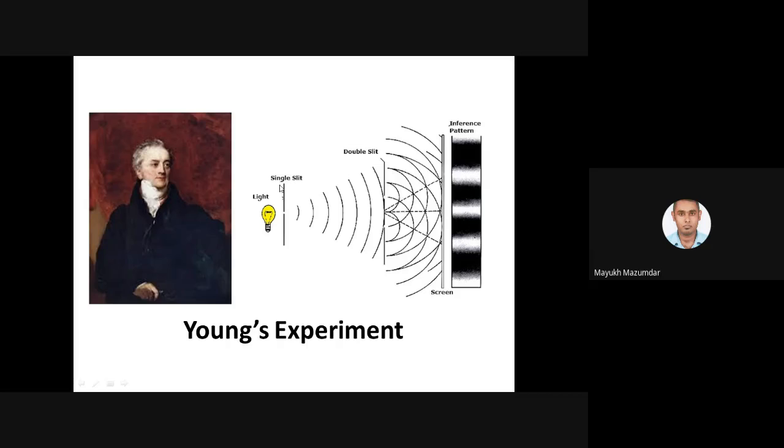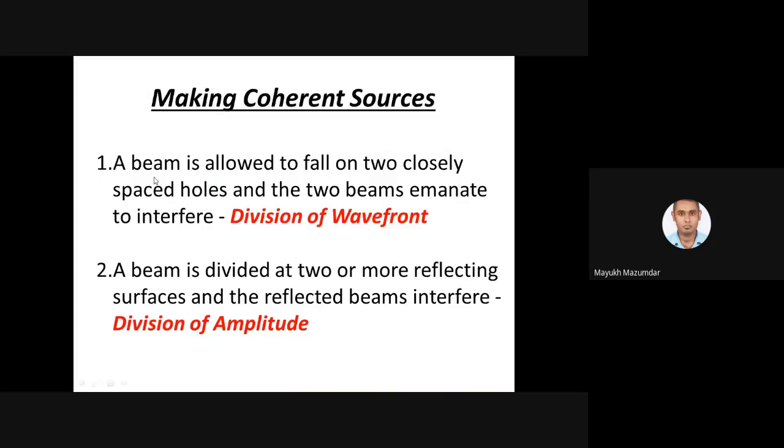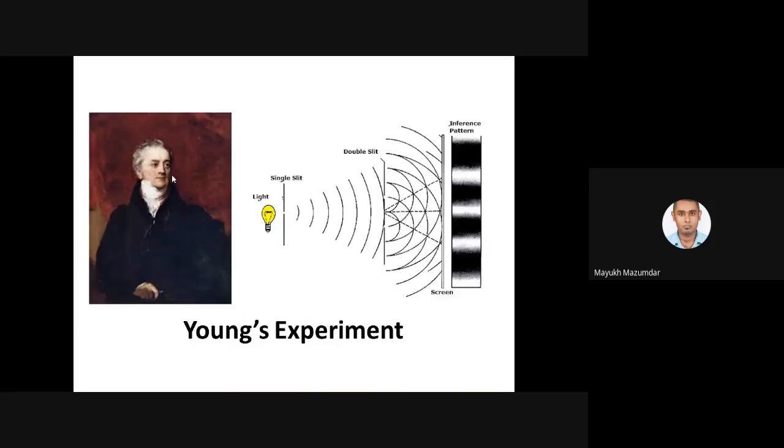Just to show what the idea is, you have a source of light. Now you know that when you have a source of light, light is emanating in all directions, isn't it? Now what I have to do, I need a perfect beam of light from there. Just see here, I'm using the word beam. Okay, that means I will allow the light from this source to pass through a very small slit.